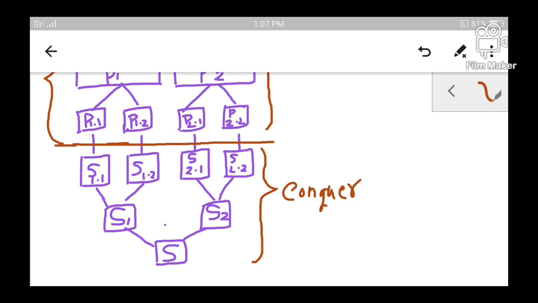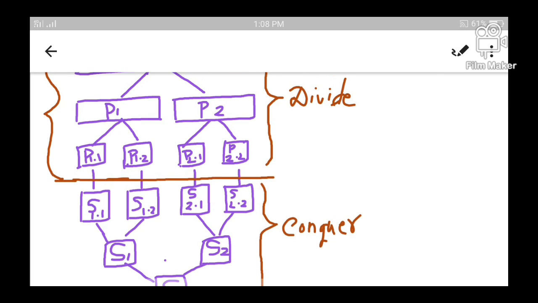Similarly, P1.2 is solved and the solution of P1.2 is labeled as S1.2. P2.1 is solved and the solution is labeled as S2.1. P2.2 is solved and the solution is labeled as S2.2. So altogether I got four sub solutions. Now let us have a look. We know that